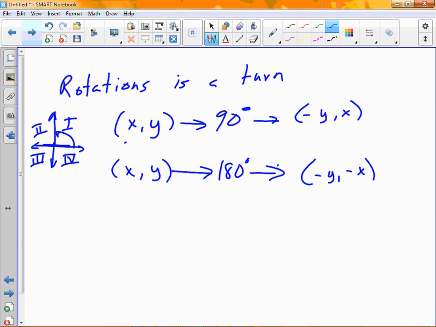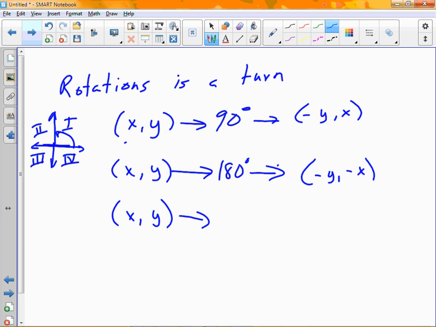Now, here's the one that separates the people that know what's going on from the people that don't know what's going on: when you do a 270-degree rotation. Guys, we don't have to memorize something for 270 degrees. What we do when we take something 270 degrees, we know that that's a 90-degree rotation to the right. Instead of having to go all the way around 90, 180, and then 90 more, we can just go 90